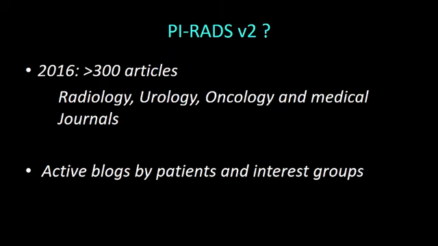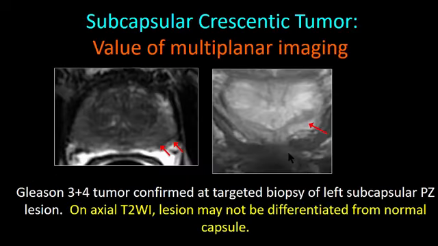So how is PI-RADS doing with all this? Let me just go back. So the challenges are clinical. Obviously, detection is still a big problem, because there are tumors that hide in the apex. You can have extraprostatic extension in the apex, and you may not be able to see it on imaging as well. There are lesions that hide in the base, and so understanding all of that is very important to